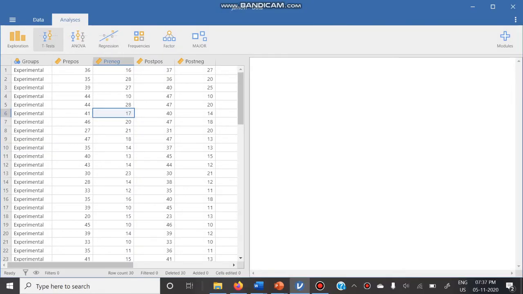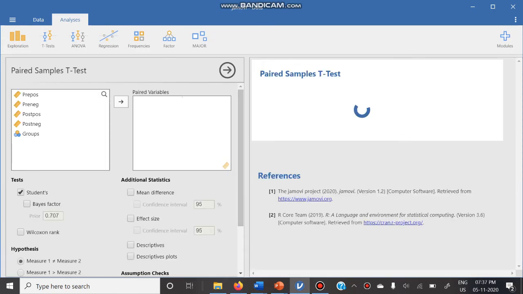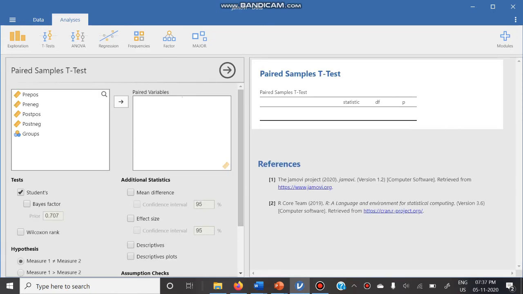To do a paired sample t-test in jamovi, we first choose t-tests, then paired sample t-test, and in the new window we have to give options.